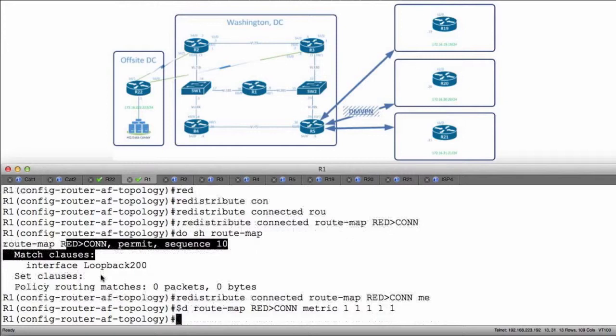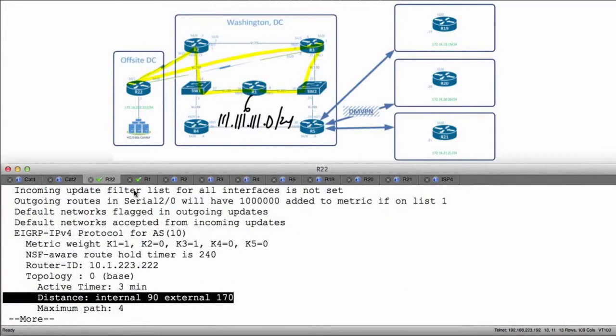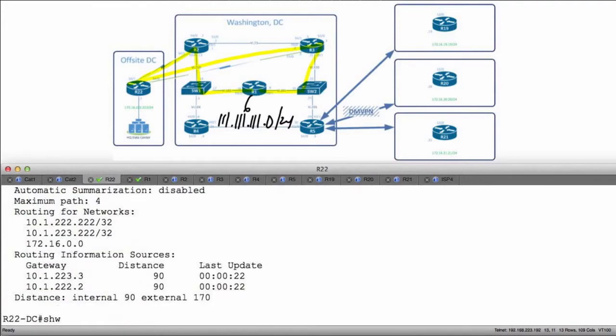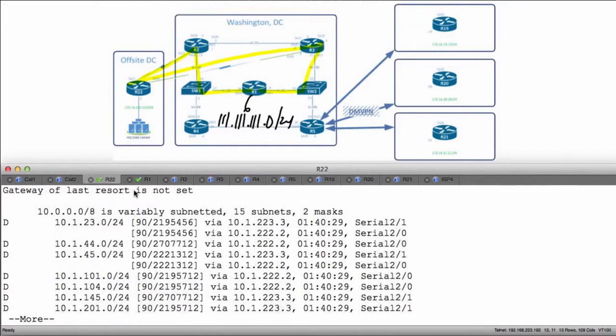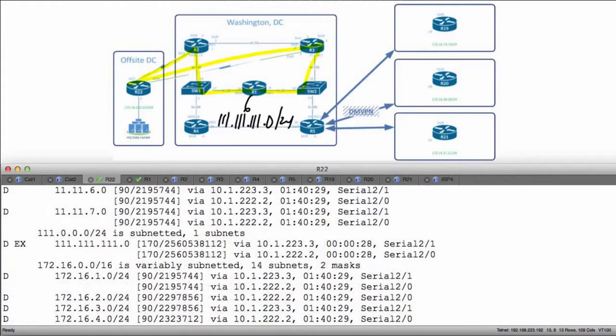Now what will happen here is we have this prefix that we just created, 111.111.111.0/24, and that should now be propagated throughout our infrastructure until such a fashion that I should be able to find that on R22. Let's go over and see if that's indeed the case. Show IP route, EIGRP, and we should see a prefix for that